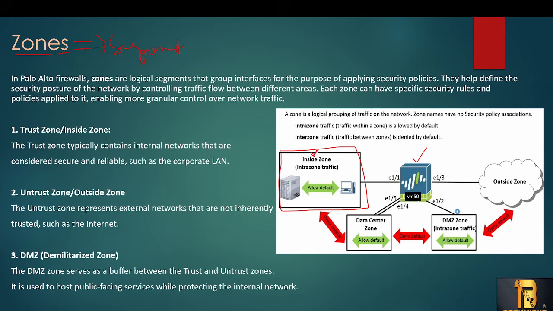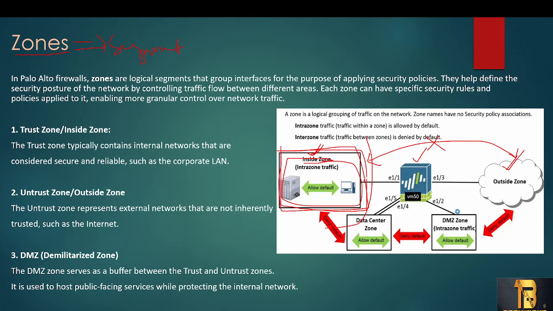For the private network you can use a private zone, and for the public network a public zone. But in this picture, the private network is called the inside zone, and the public network is called the outside zone. So here we are going to create zones. For whatever private networks we have, we create one zone and call it the inside zone. The users inside that zone will be able to communicate within the zone. And if they want to access something from other zones, the firewall is going to block it.